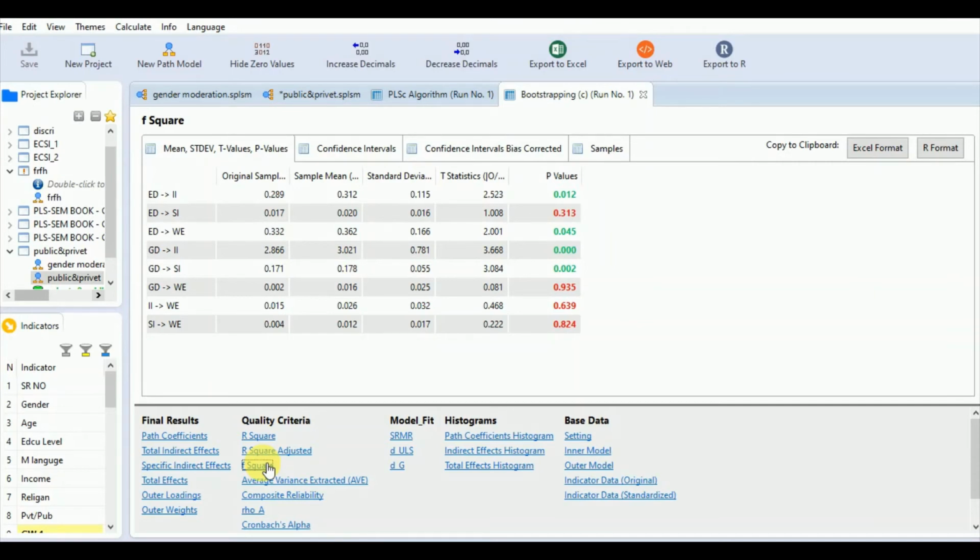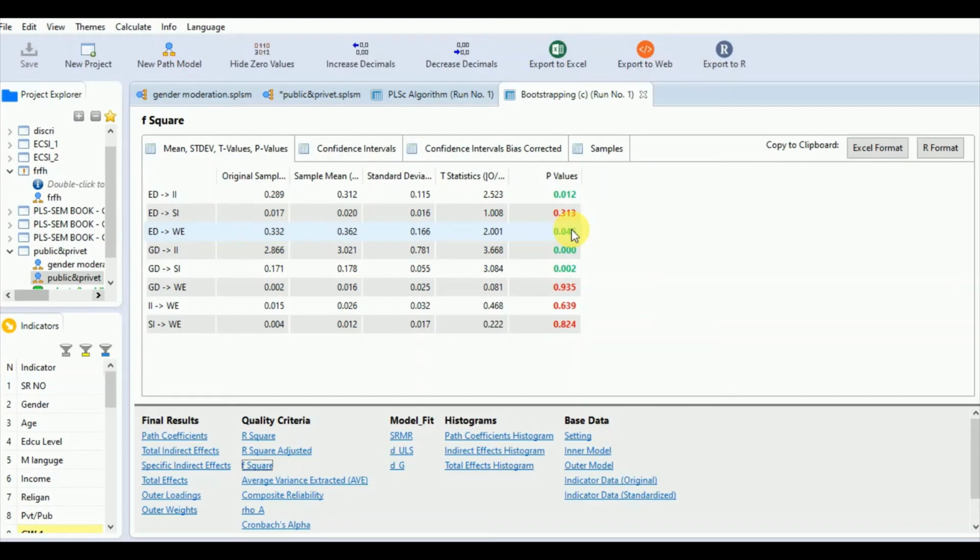Here we can see for our model the values from ED to WE are not only significant as we have found earlier, but this relationship also appears to have a good effect. As a rule of thumb, values higher than 0.02 depict a small effect,